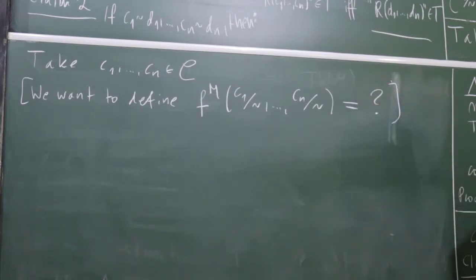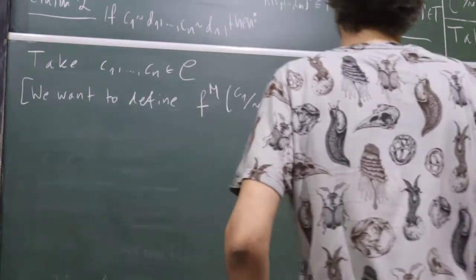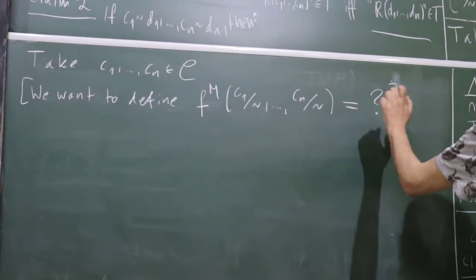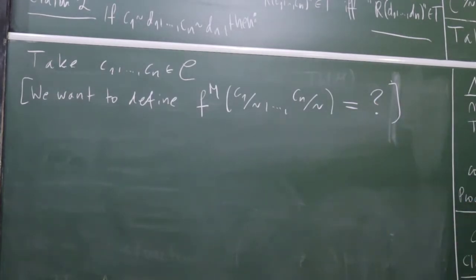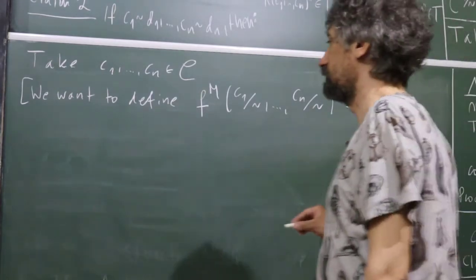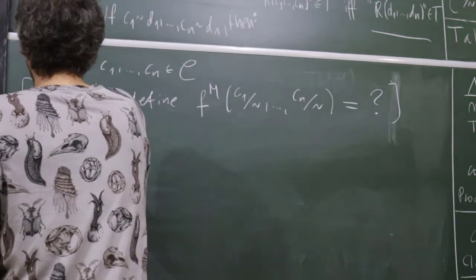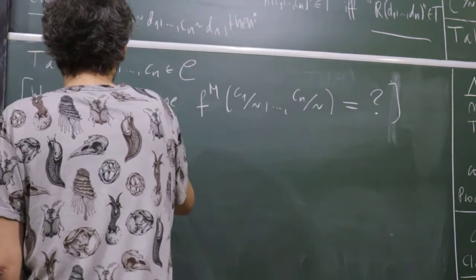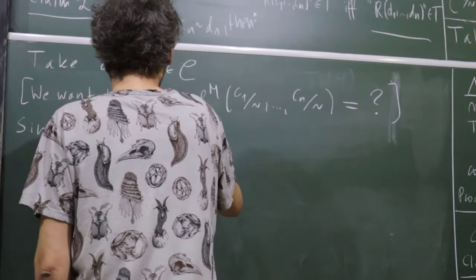This is the interpretation, and this will be the witness property. It tells us that there is such a thing which is good here. So we want to find this question mark. Now, since T has the witness property,